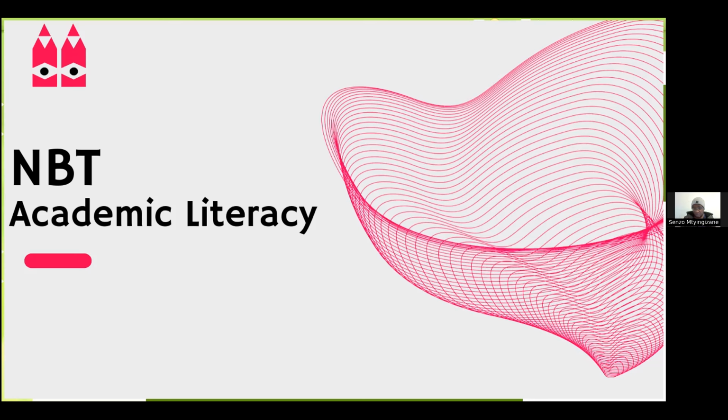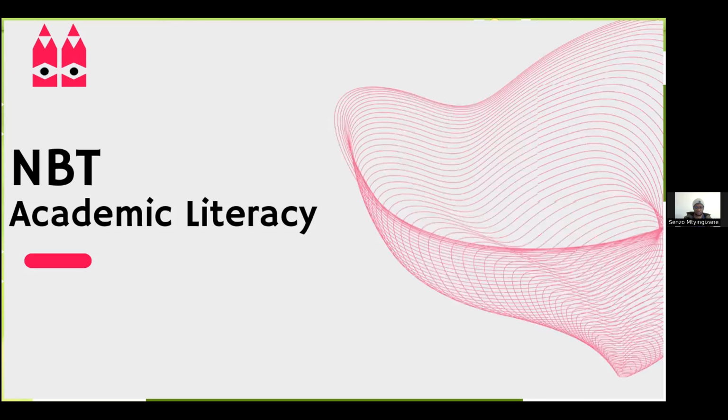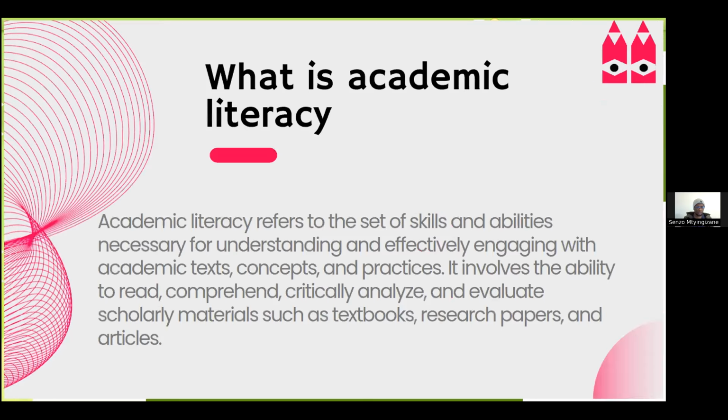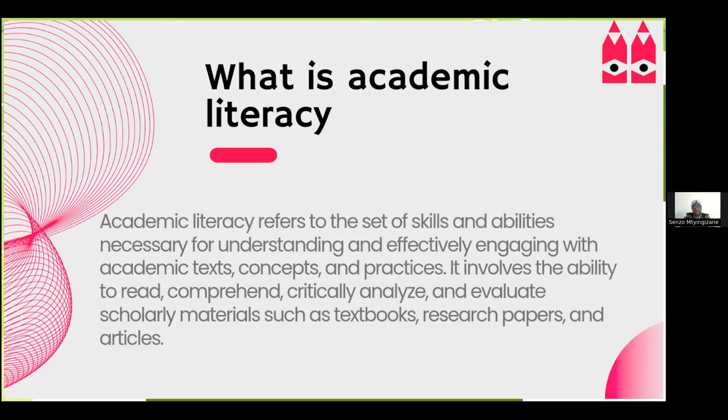Now let's start with the definition of what academic literacy is. After that, I'll go through the components that are going to be covered in the NBT. So what is academic literacy? Academic literacy refers to a set of skills and abilities necessary for understanding and effectively engaging with academic texts, concepts, and practices. It involves the ability to read, comprehend, critically analyze, and evaluate scholarly materials such as textbooks, research